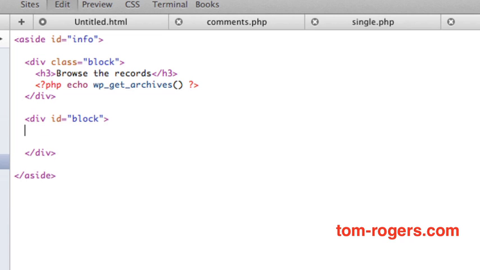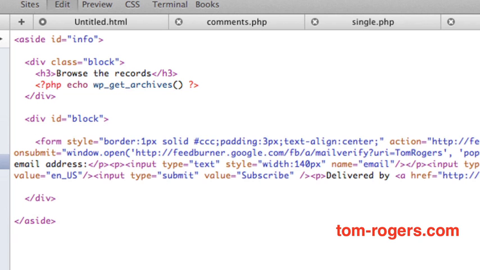So we're just going to go ahead and stick the file straight in there. Now you see it's got some default styles which I don't think are that nice, but